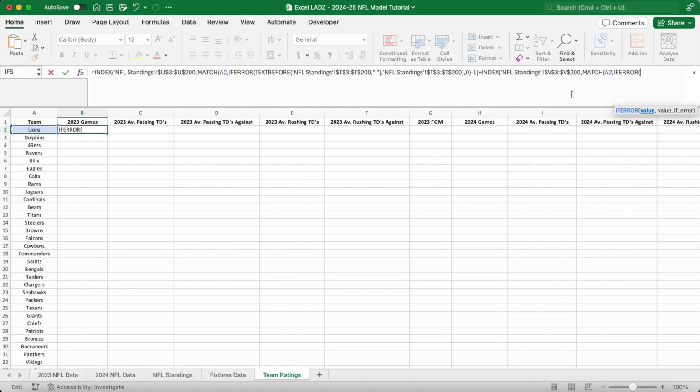The lookup array is again a TEXTBEFORE function wrapped in an IFERROR function. So the text is NFL standings T3 to T200 again, and the delimiter is again speech mark, space, speech mark, close the bracket, comma, the value if error is T3 to T200 again. Close the bracket, comma, 0, close the bracket, -1 for the row number, close the bracket, and then finally we